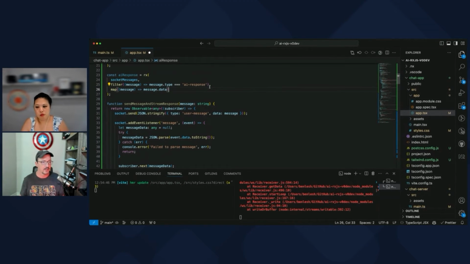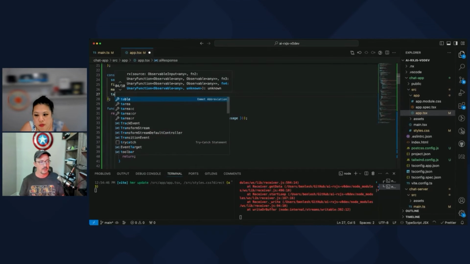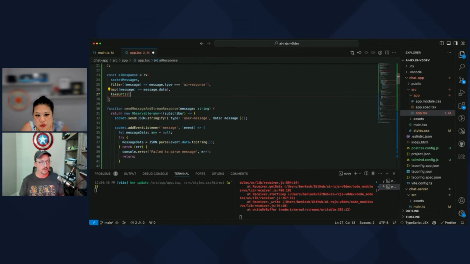And then we're going to take until, up here. Take until, or take while. We have to make sure that we don't have this and done.